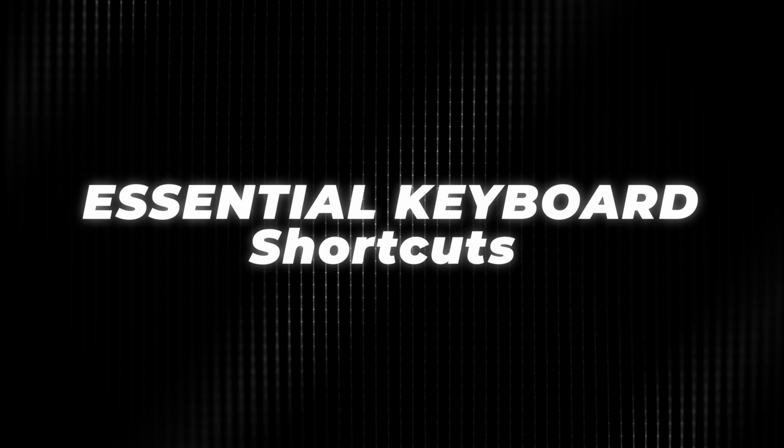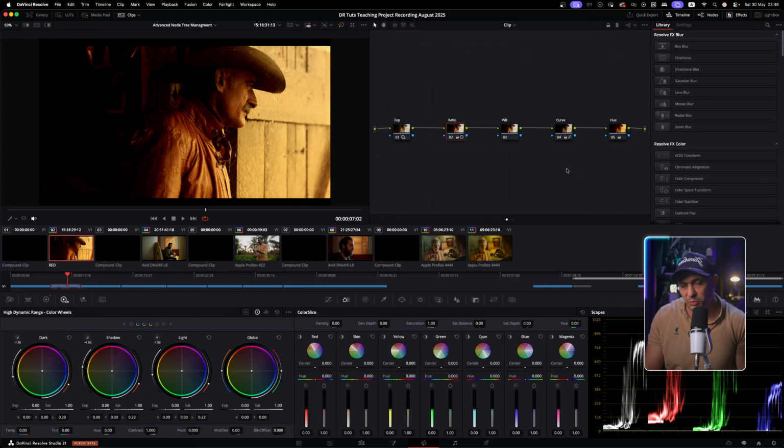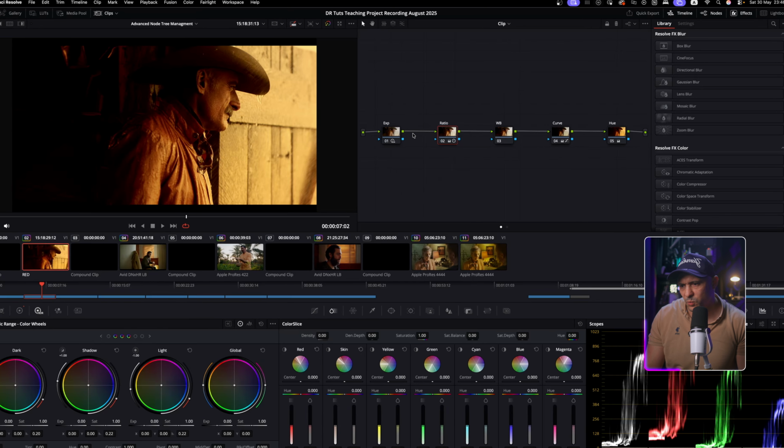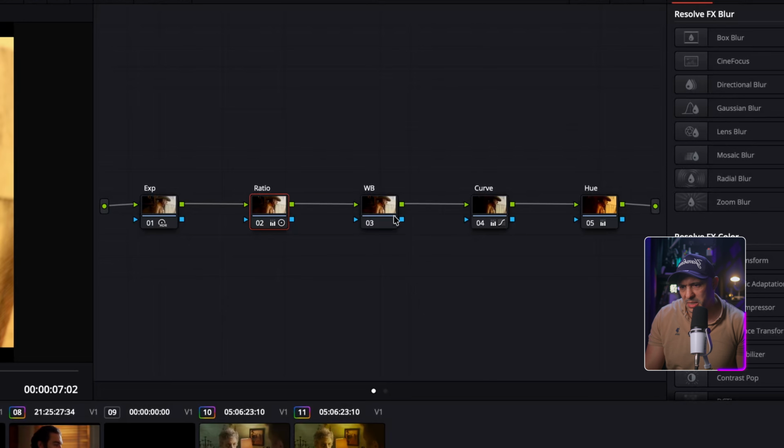Okay, so jumping into DaVinci Resolve. If you look, we have the simple node tree from our previous video. We have 5 nodes: exposure, ratio, white balance, and then curves and hue. If you notice the white balance, the third one, there are no properties added. The way I tell is because of these little icons, and if I hover over, it will take a second and then it will tell me what's been